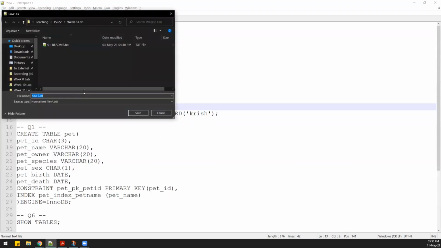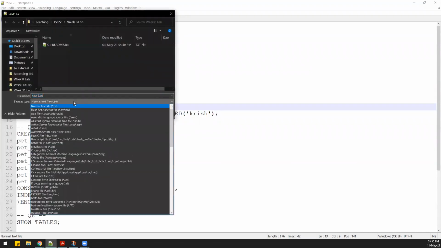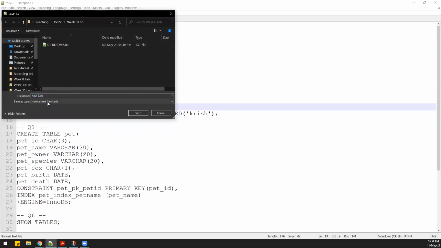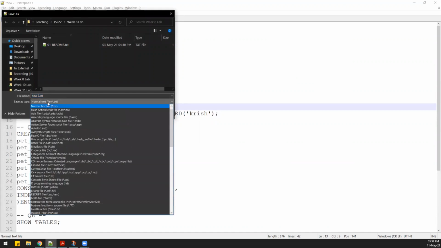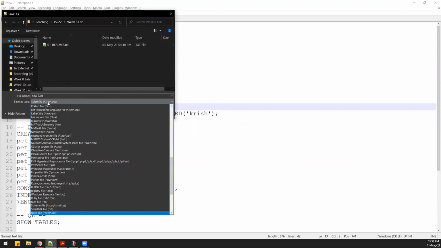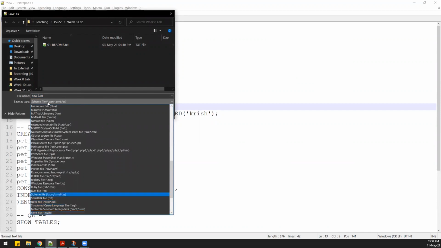Click on Save As, and at the bottom, in the Save As type, you will select SQL over here. So file type should be structured query language. So the long form of SQL is structured query language.